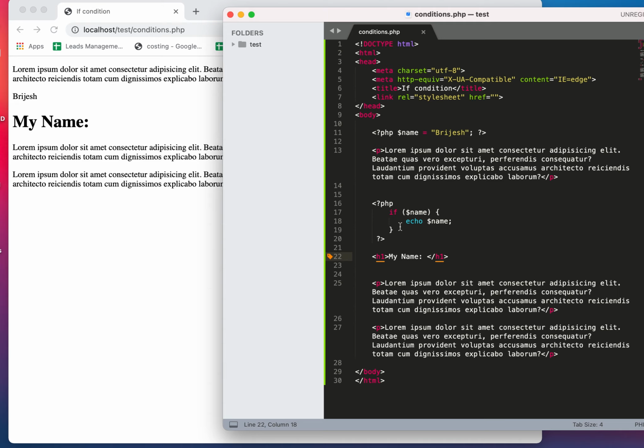So now, be very careful. What we have to do is break the PHP. The syntax is if condition, start and close, and statement. Now I will close the PHP over here.